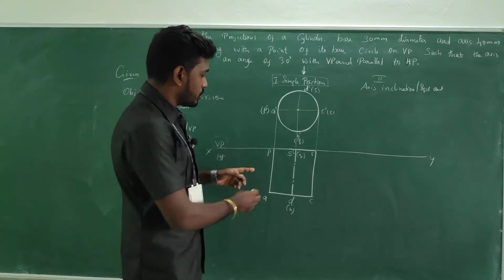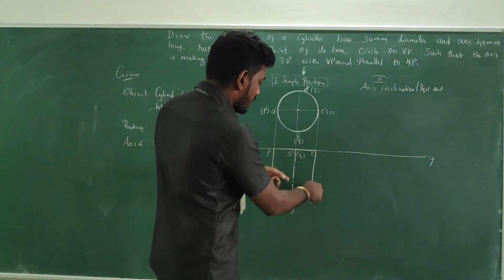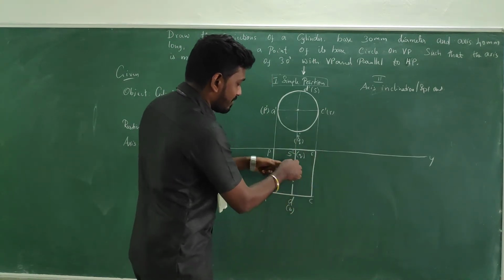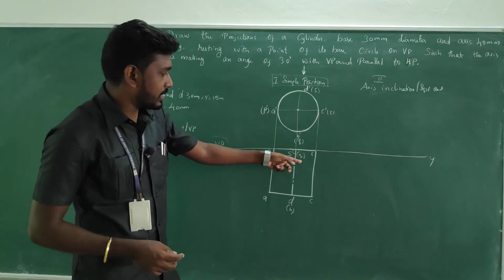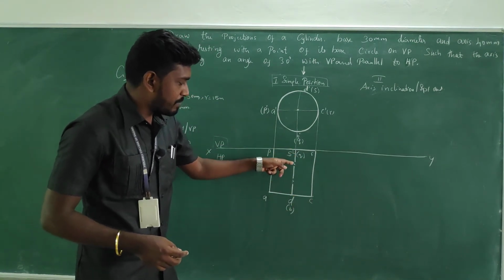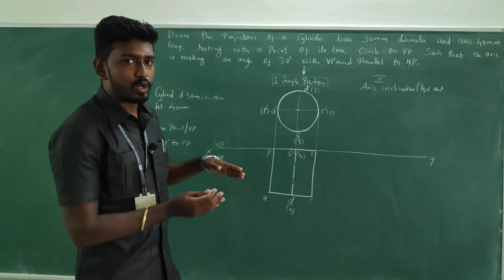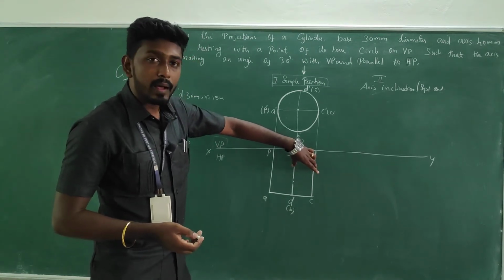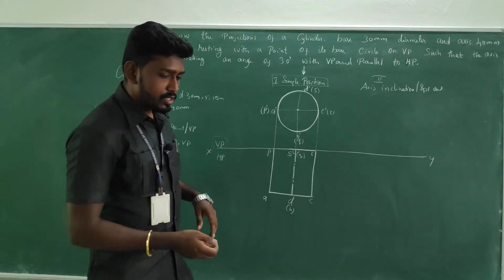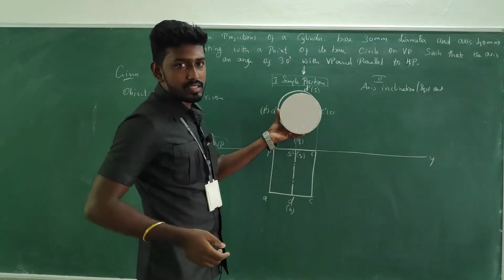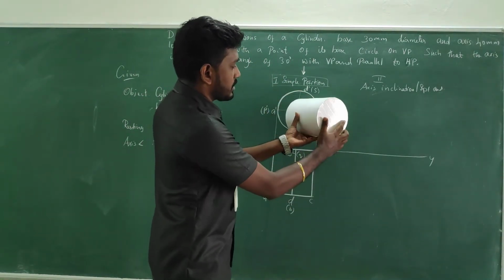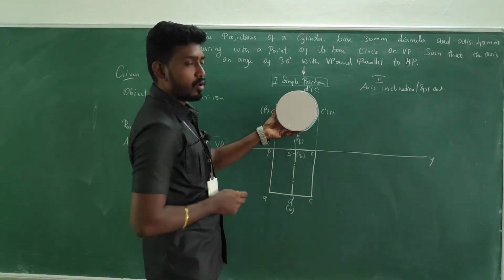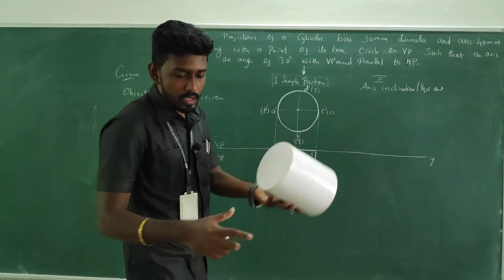So what we have to do is, see here, this is not edges, the generator line which is just parallel with this axis. With this knowledge, I am going to tilt first the generator line, and automatically this axis will be inclined. So the object is like this. I am going to tilt the object something like this. In order to tilt it, I am going to tilt the generator line first.